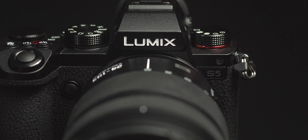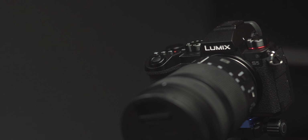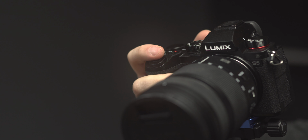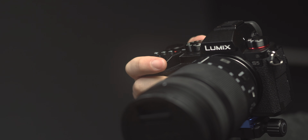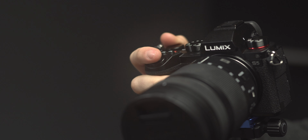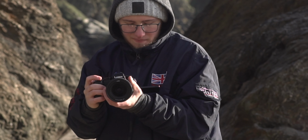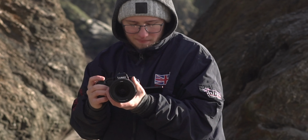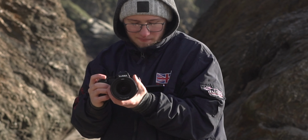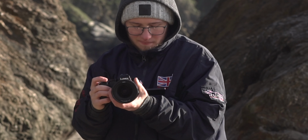The first thing that stood out for me is that the ergonomics, they're really good. Now, I have kind of medium-sized hands, so I should be about average in terms of what everyone else can feel with their hands, but I found the grip to be nice and big, the dials to be really clicky and tactile and in the right place, found all the buttons to be in the right place, and overall it felt like a much more steady, grippy camera in the hand versus the A6300, which is definitely on the smaller